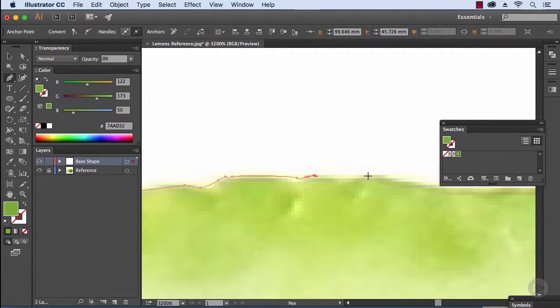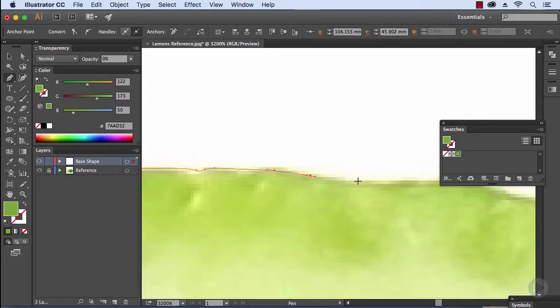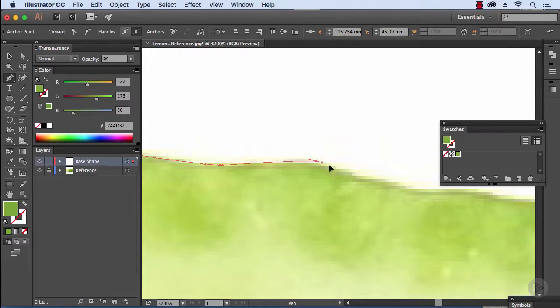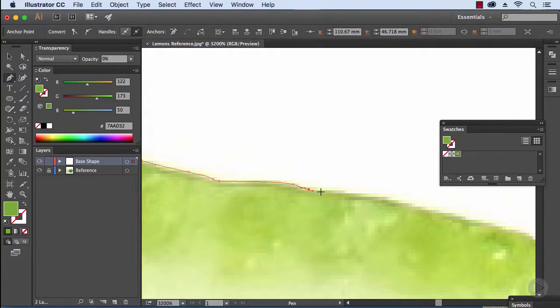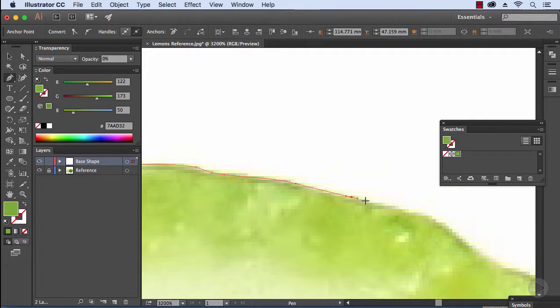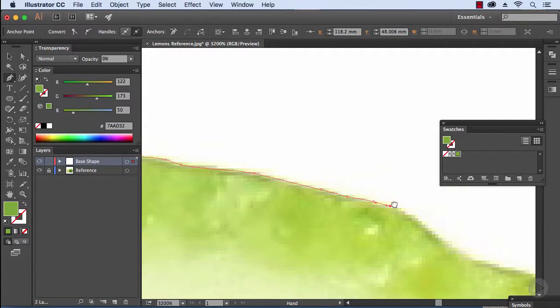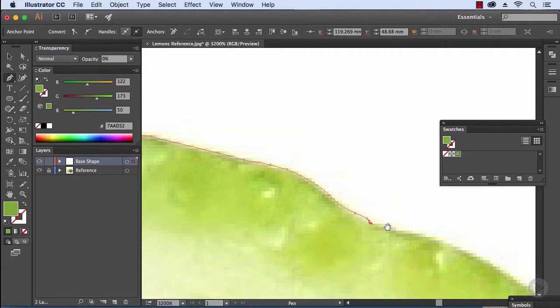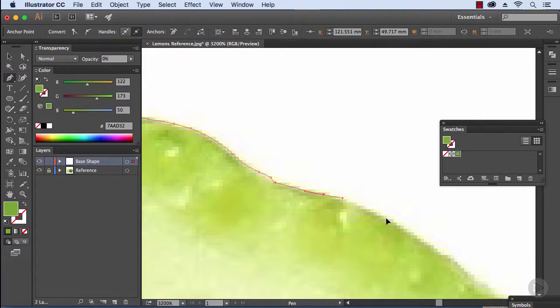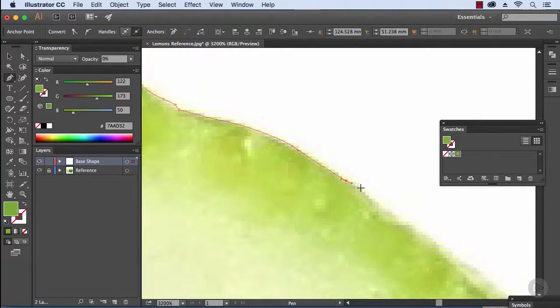So just going along the outside like so. And then we'll have an assessment of the initial shape and discuss what we're going to do as we go on. So again, just nice and tight around the outside. It's the finite details that